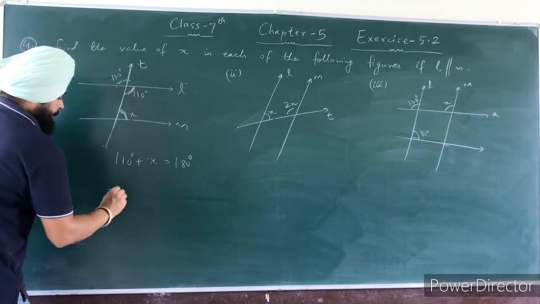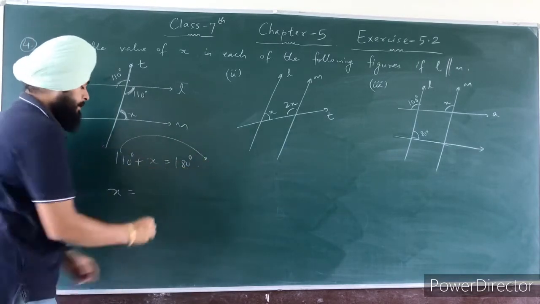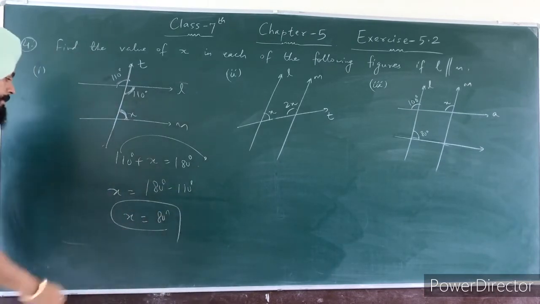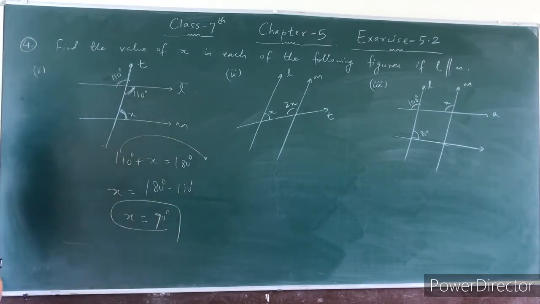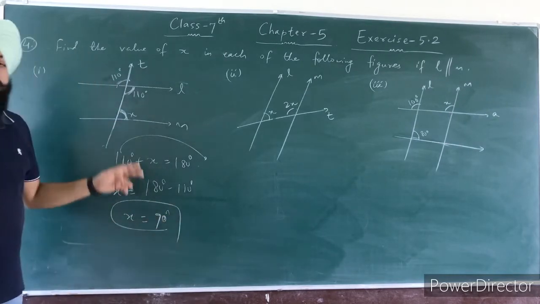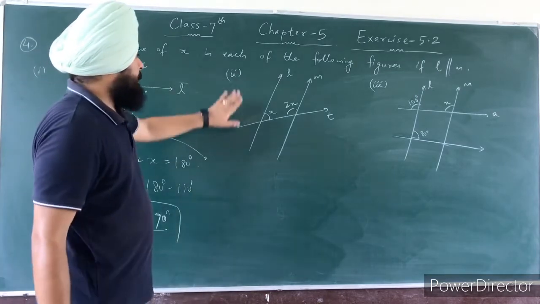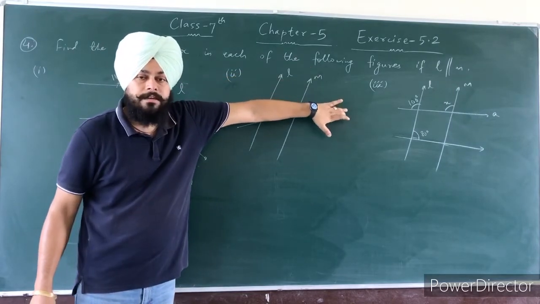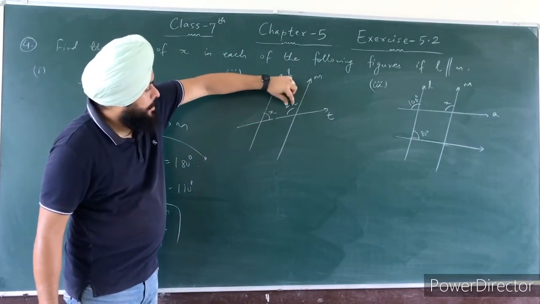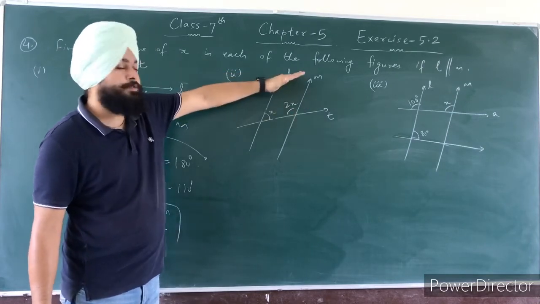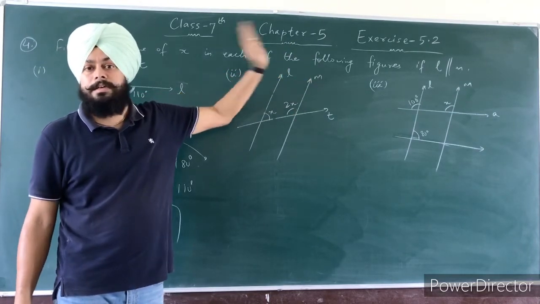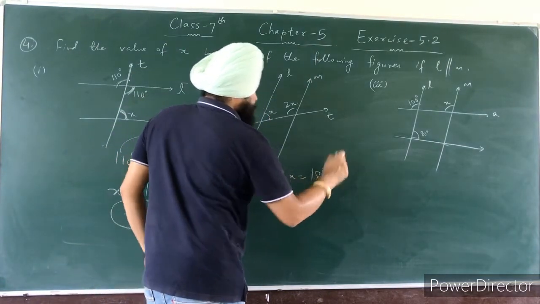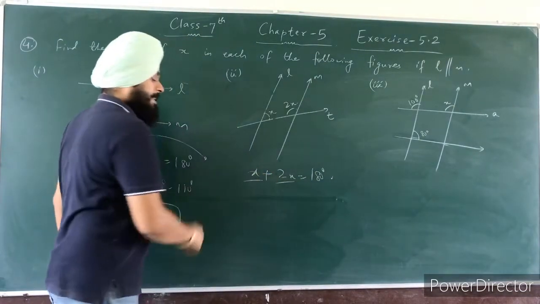Now you can find the value of x here. Take this 110 to the right side. 180 minus 110 is equal to 80 degrees. Sorry, it is 70 degrees. Therefore, the measure of angle x in the first figure is 70 degrees. Now the second part, you can find the value of x. You can see here L is parallel to M and this T is our transversal, and this x and 2x are interior consecutive angles on the same side of a transversal, and their sum is supplementary. So you can write x plus 2x is equal to 180 degrees. Write the reason. Now 2x plus x is 3x.